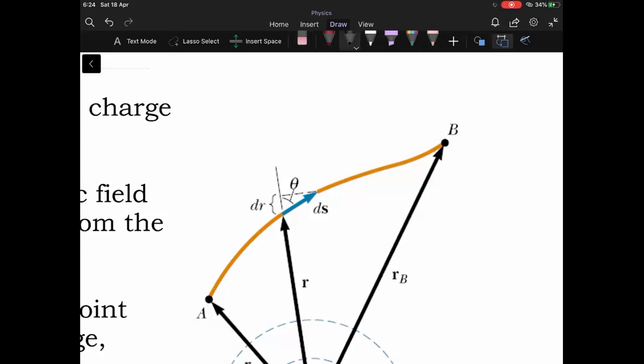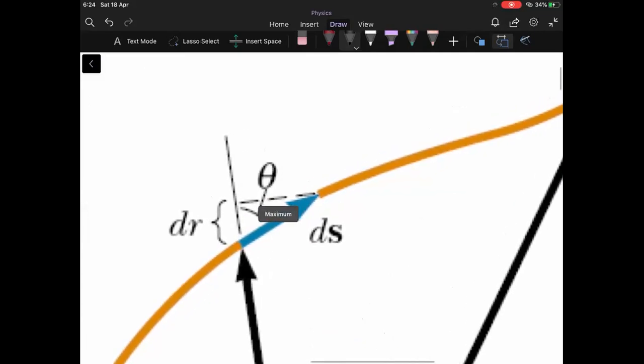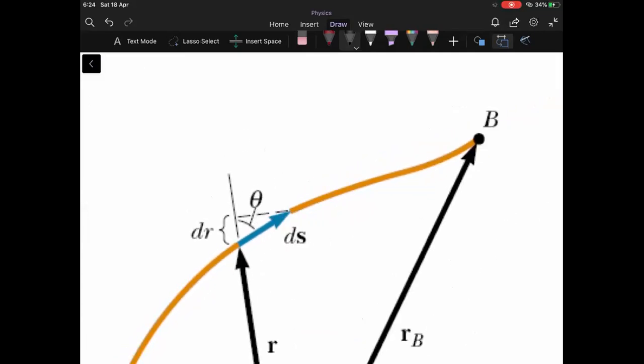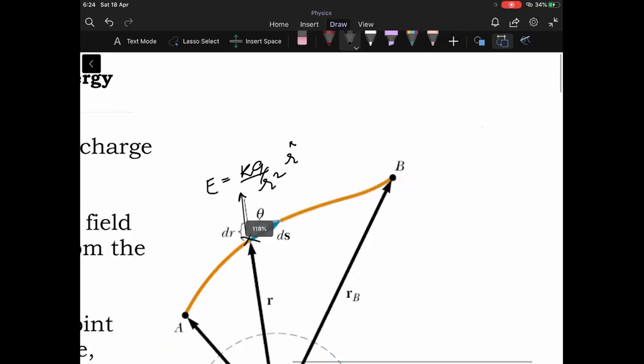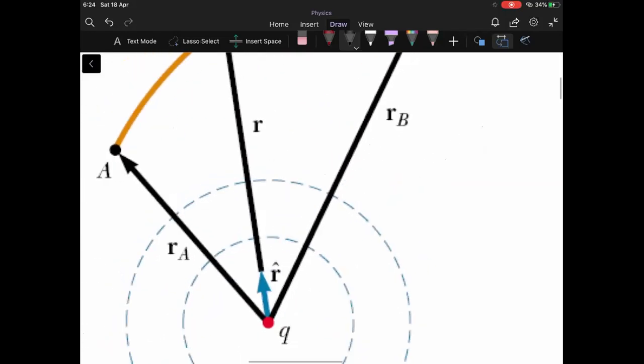Now look at this diagram. Okay, so this is some arbitrary point. At this point, electric field due to the point charge is radially outward. Okay, that electric field will be given by kq by r square times r cap. Yes or no? Okay, this is your point charge. With respect to this point charge, this distance is r.